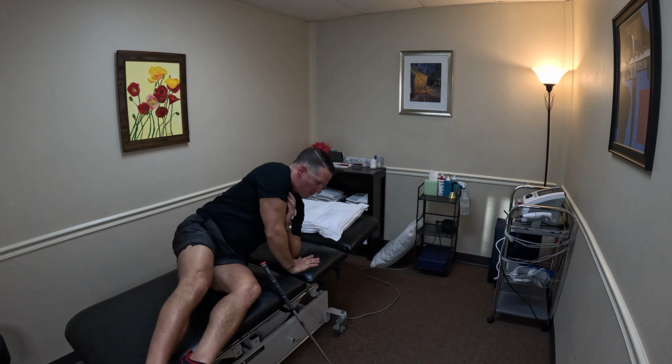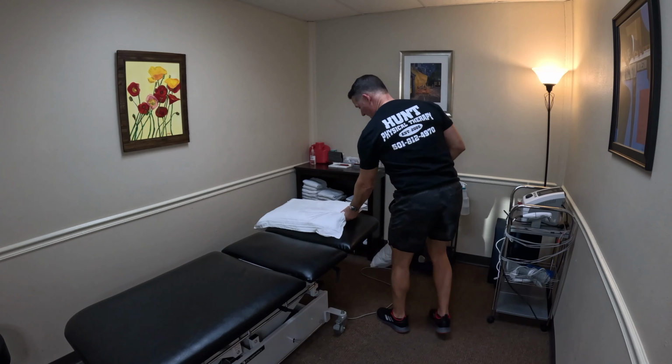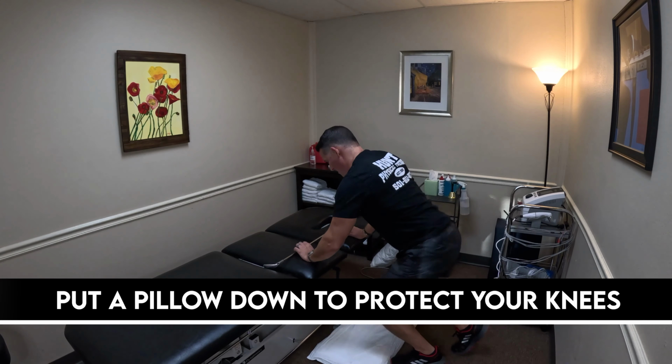Okay, so the last one we're going to show you, you can do at home on your bed. A lot of beds are higher now, so this works perfect. I call this the prayer stretch, and it's useful to put a pillow down just to protect your knees. But essentially,